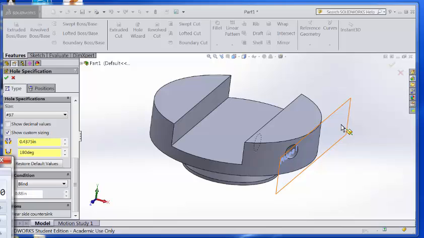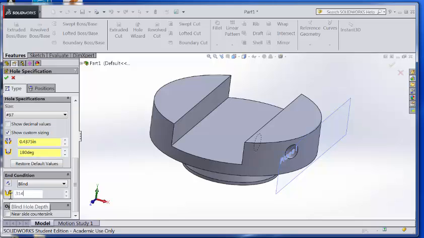Half of 3.44, so 3.44 divided by 2 is that much, minus 0.781, minus 0.625, so it should be 0.314. It should be our depth. So we'll go in there and we'll say 0.314,